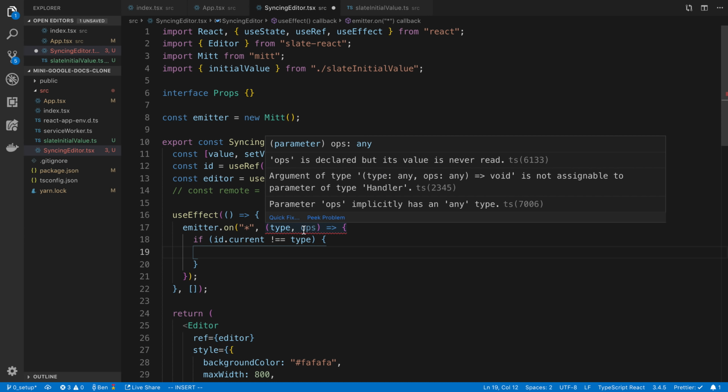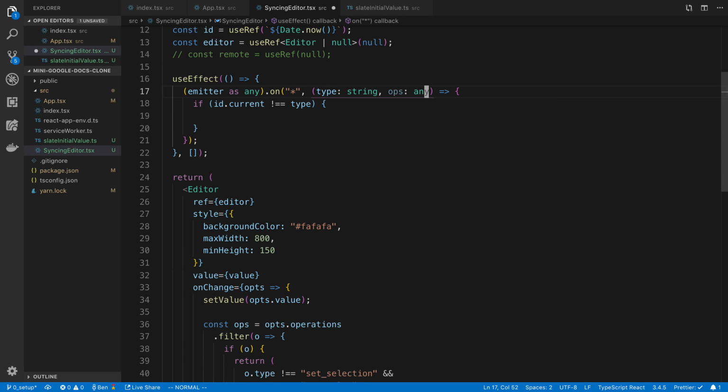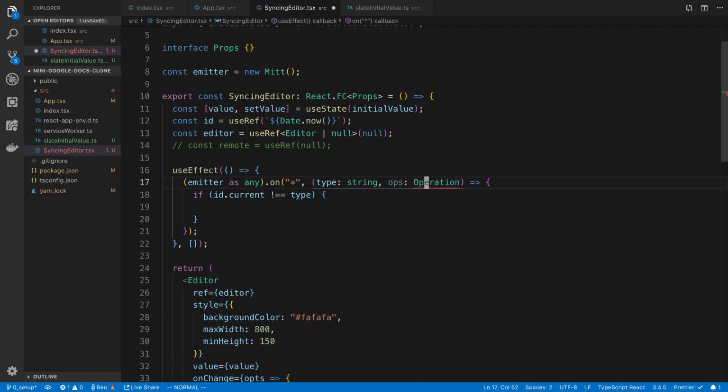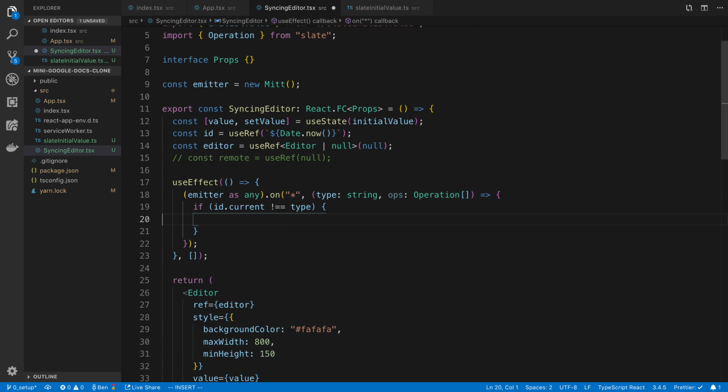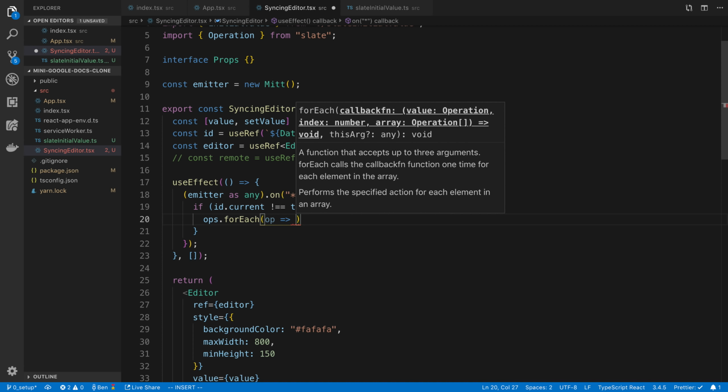Now I noticed the type definitions looked a little off on the emitter, so I am just going to cast this to anything just to avoid the problems with that. And then here I'm going to say this is a string and this is anything. Or you know what, I could hover over this and see its exact value. I guess it's anything here. This looks like it's a list of operation. I could maybe do this, and we can import that from Slate. So then here I'm going to say operations.forEach, and we're going to say